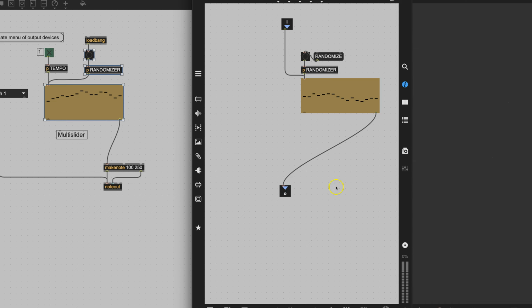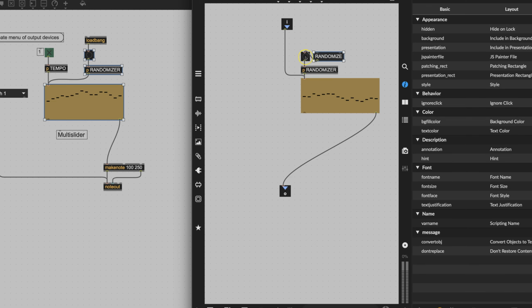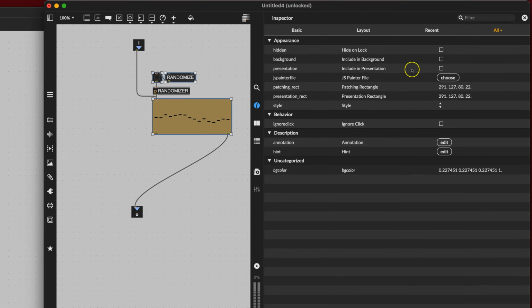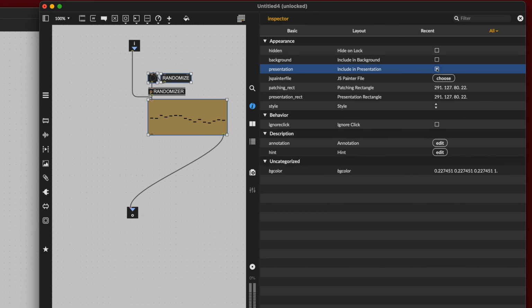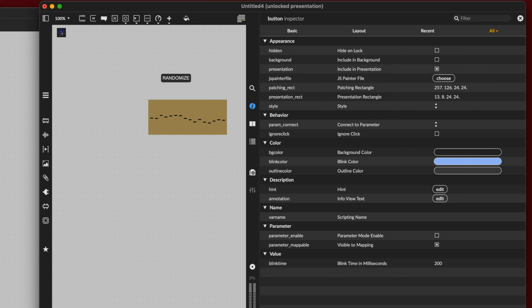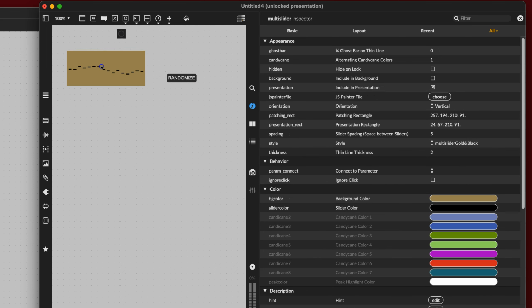And now we're going to make the sort of graphic part of it here. So what are the parts we want in presentation mode? We want this one, we want this one, and we want this one. And I'm going to include them all in presentation mode. And then I'm going to put it in presentation mode. I'm just leaving it unlocked. And here is our, well, that's a nice thing about presentation mode. You can just sort of make stuff up as you go along. So, and then randomize